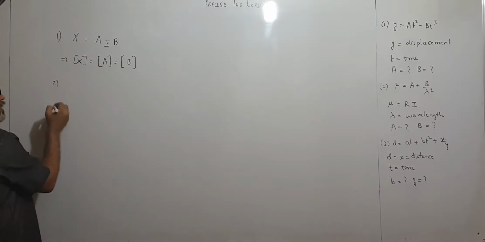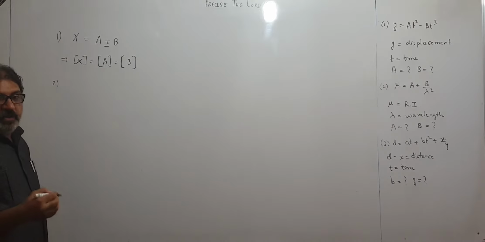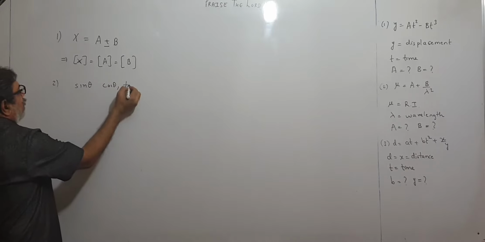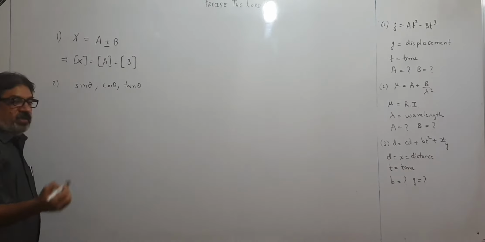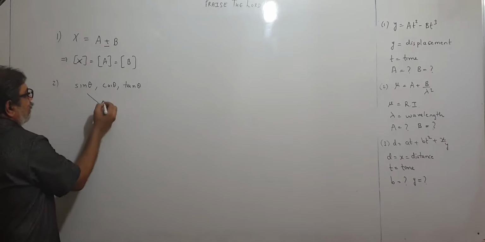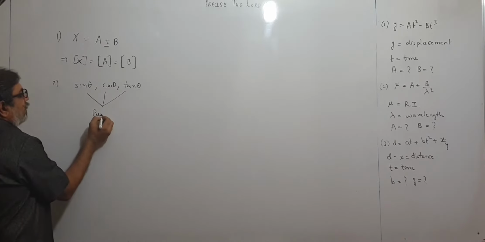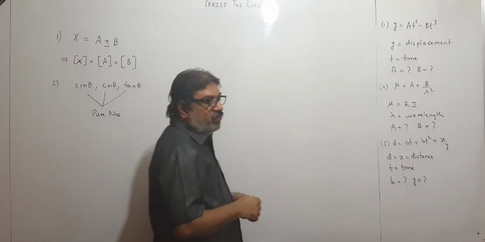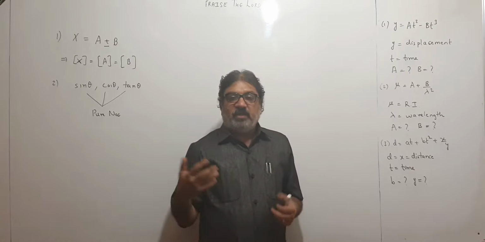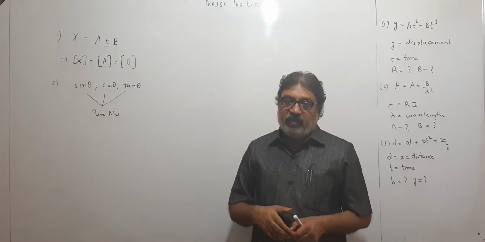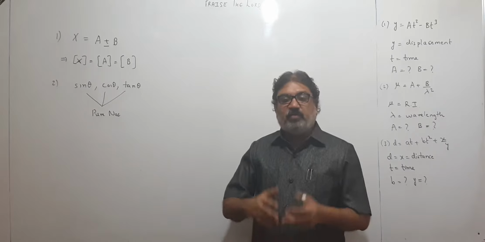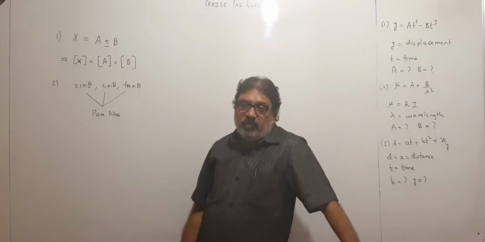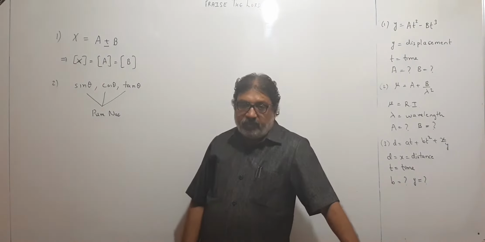Then second point children is that involving trigonometric expressions. If sine theta is there with me, or cos theta, or tan theta, or cot theta, sec theta, whatever, these all are pure numbers. These are pure numbers, they don't have any dimensions. M0, L0, T0, please understand. So sine 30 is half, you have studied in class 10. Half what? Half meter, half kilogram what? It was only a pure number. So trigonometric functions are only pure numbers, they don't have any dimensions attached to them.